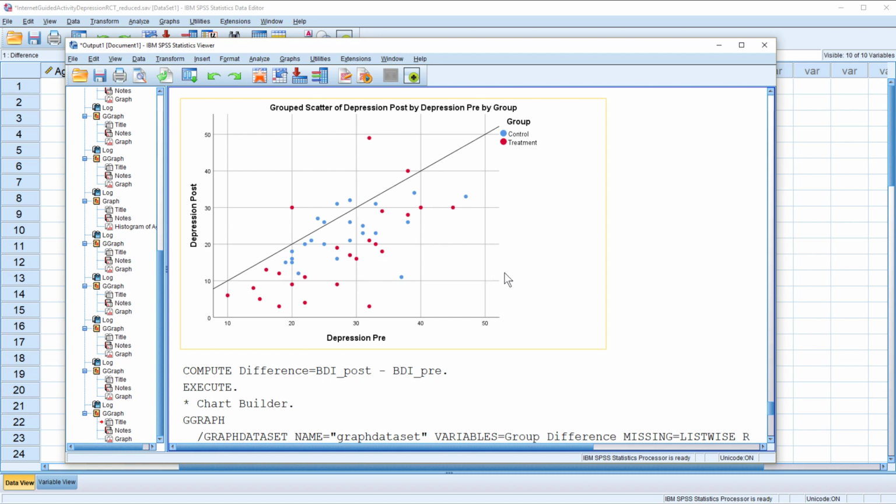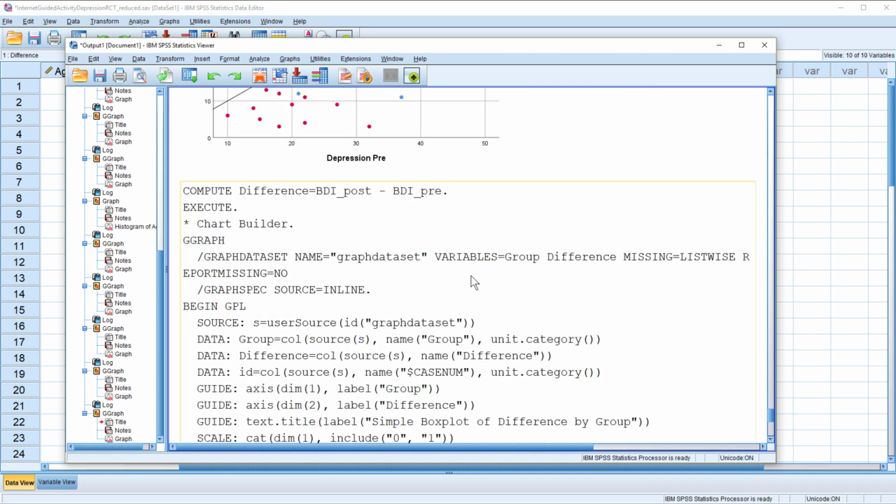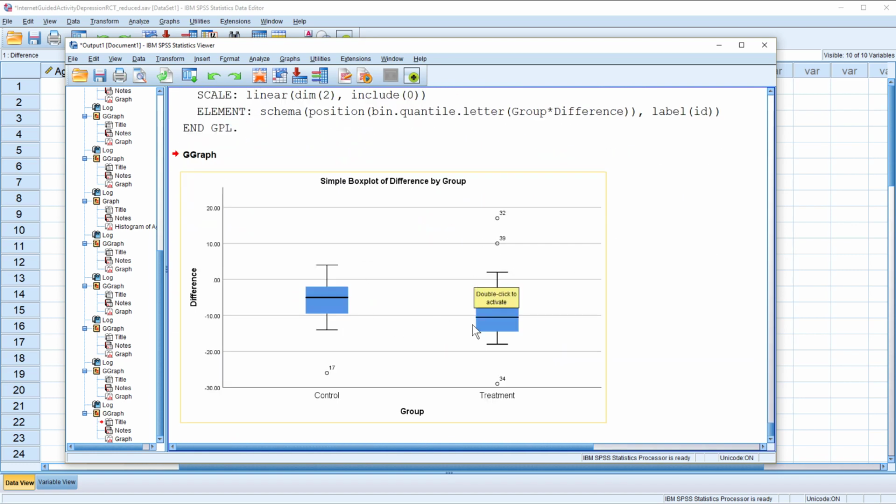It may not be intuitive if you don't use graphs a lot to interpret what this means. So my advice is that if you don't understand your graph and you can't interpret it, then don't use it, because you need to be able to explain it somewhere in the written text or in the figure legend what this actually means. And if you don't understand it, then it's quite possible no one else will understand it either. So if you didn't understand that graph, that's okay, you could use a different one. Box plots are always good. And then when we get up to doing some testing, we'll see just a couple more graphs to actually show differences in